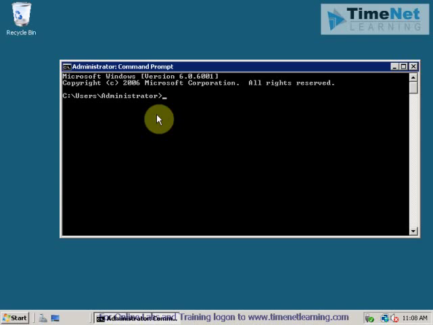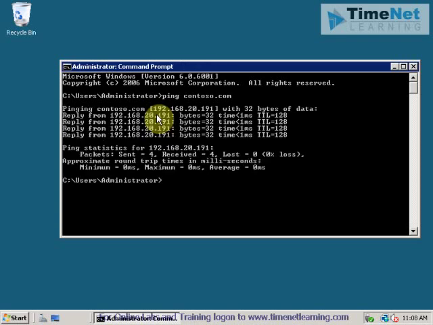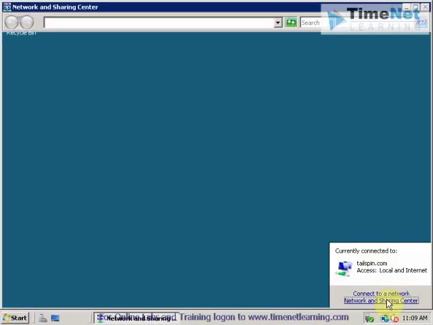So I will just ping the contoso.com domain from the tailspin.com DC, and I have the reply from the contoso.com. So I have the connectivity to the contoso.com domain controller. If you are not getting this ping reply in your scenario, you have to make sure that your network